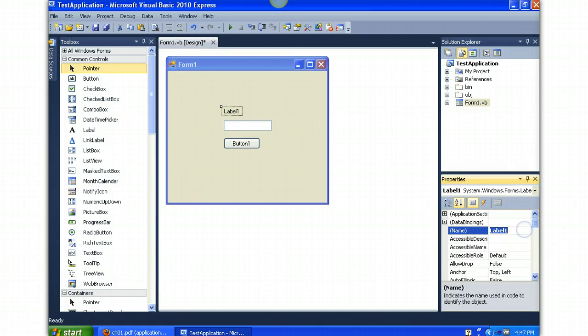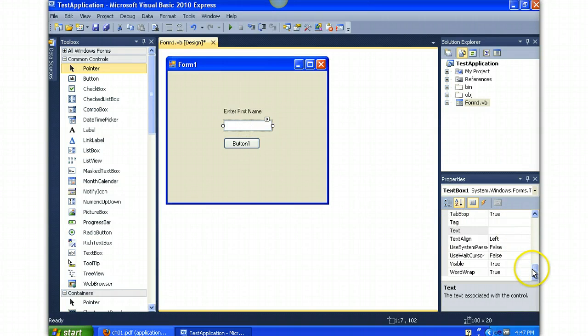The two properties you're mainly dealing with on labels, or on most objects, are the Name and the Text property. So there's a Name property, lblName. For the Text, I'm going to put in "Enter first name:"